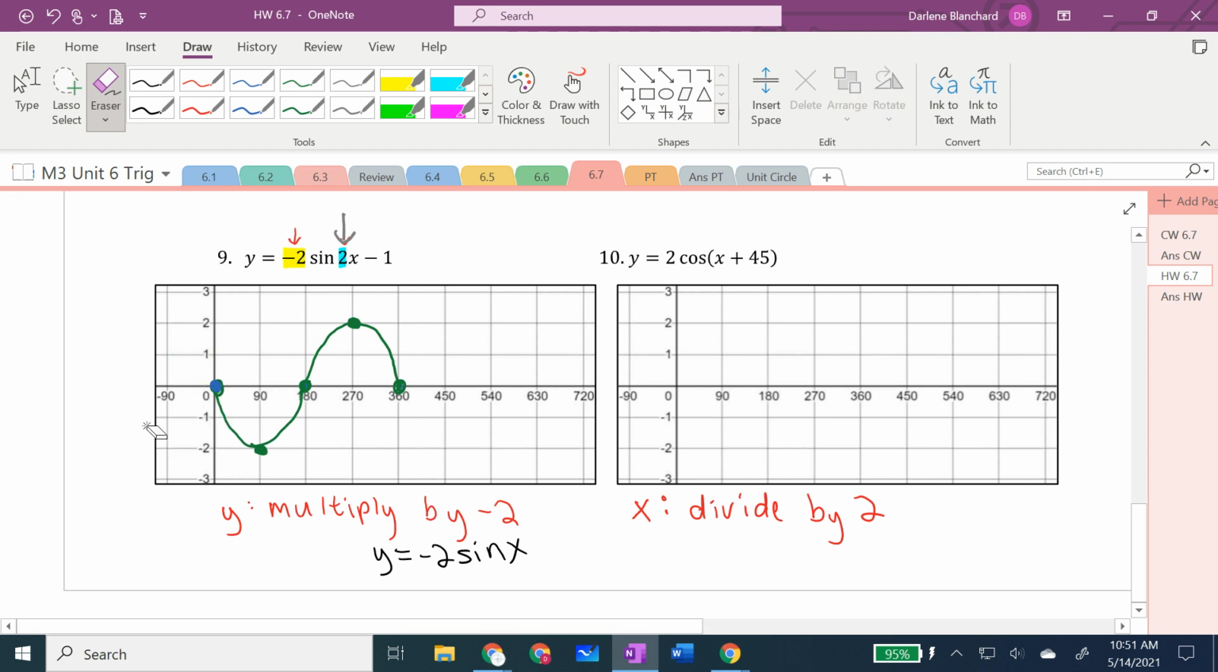Trying to erase. There we go. So I'm going to emphasize that my x values of the parent graph are 0, 90 is when I'm at my low point, 180 is when I'm halfway through the cycle and back to the midline, 270 is when I'm at my highest point, and 360 is when I complete the cycle and come back to the midline. If I divide each of these x coordinates by 2,